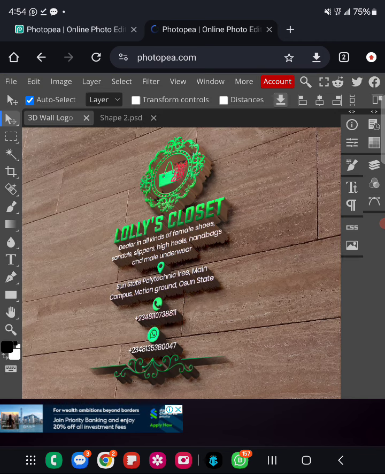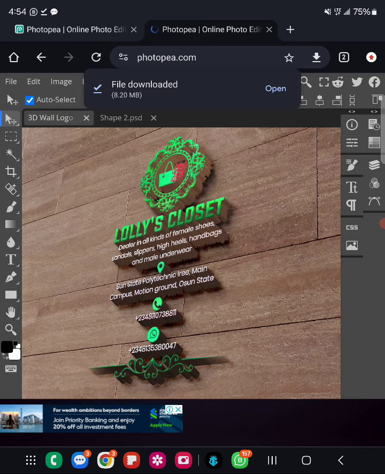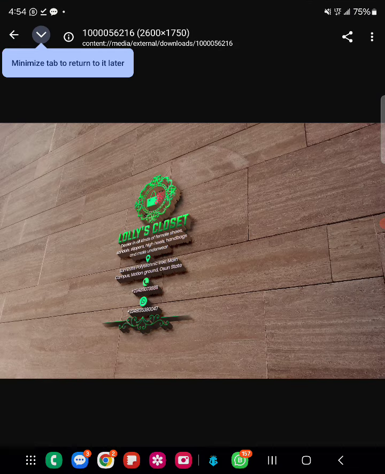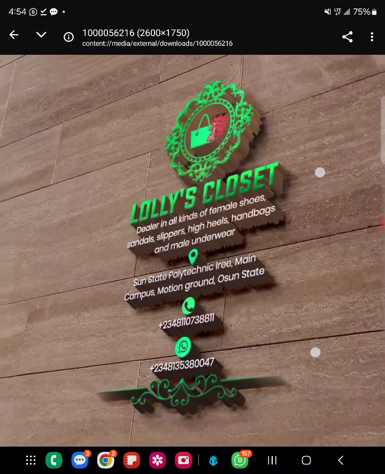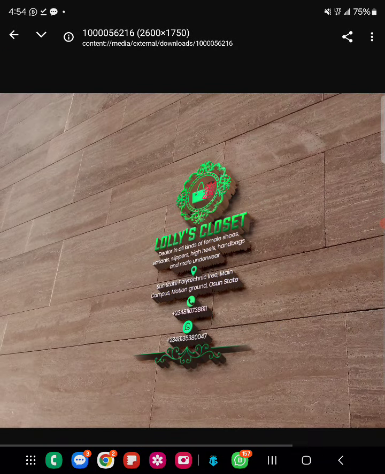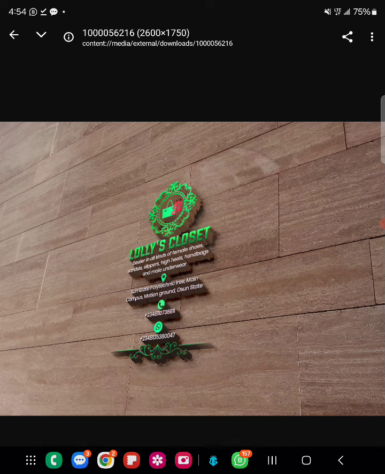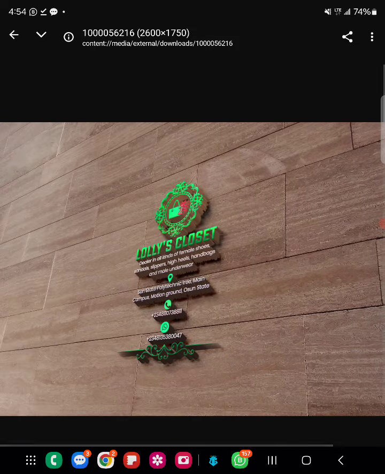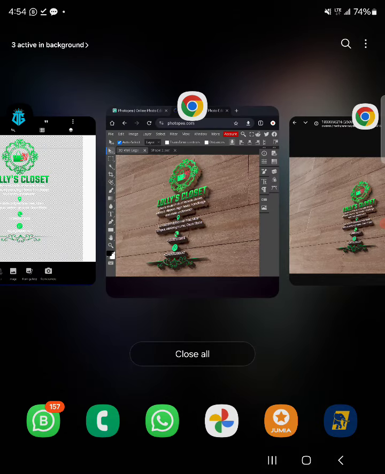So let's see how it looks. So now we can view everything and see how it looks. So you can see everything now, this looks awesome, and this is a perfect way of making a 3D logo, transforming your design to whatever size or color you want. So now I will proceed by showing you the other stuff that we made here. So take it for instance,